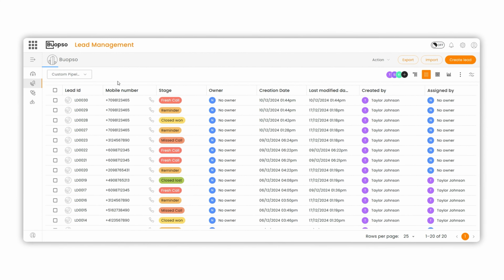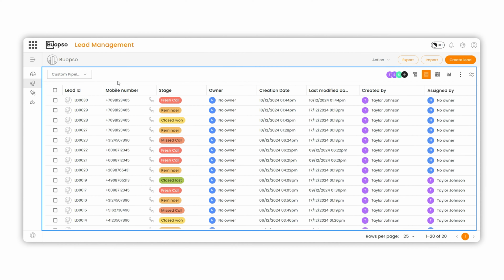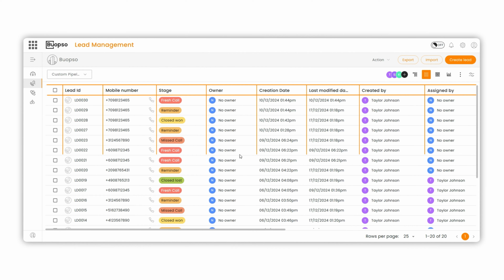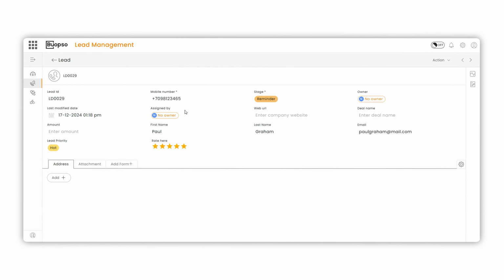The Grid View offers a structured view of the leads in the pipeline and their associated details. The Grid View is like a spreadsheet, where each row is a lead, and each column contains the details associated with the leads. By clicking on the lead in any column, you will reach the lead details page of that